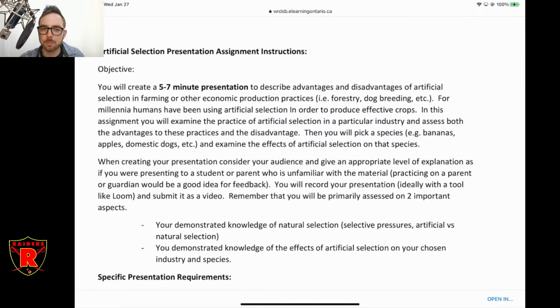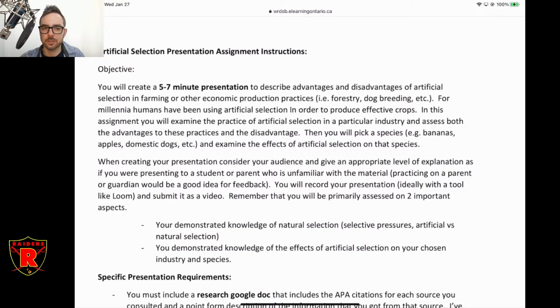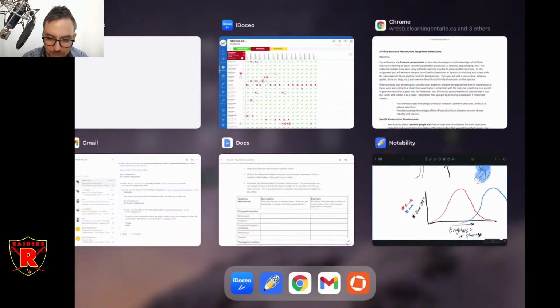What we're going to look at for this project is you're going to pick an example of artificial selection. Artificial selection is when humans pick. And we do this all the time. Pretty much any crop that you can think of that humans eat wasn't found in nature like that. So, for example, let's look at what natural corn looks like.